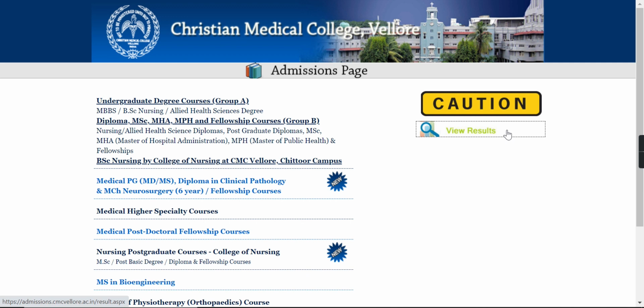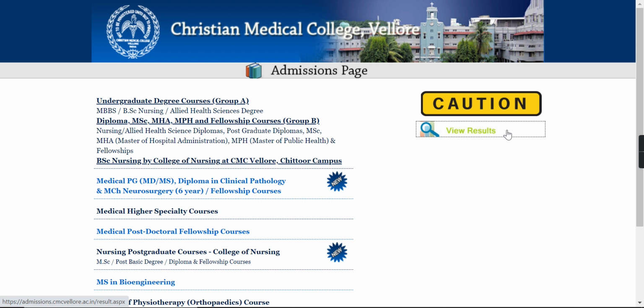As we know, eligibility is very important. Before filling the application form, we have to check whether we are eligible or not. So I would request you to go to the website and check your eligibility criteria, and whether you are successfully crossing all the criteria which are given or not.